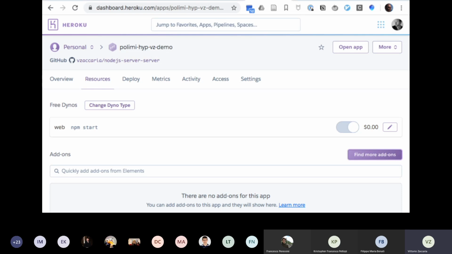AWS is an immense infrastructure. Heroku is much more focused on getting you set up and running with your public web server in as few steps as possible, avoiding setting up a public server from zero. So I think it's a good choice, and this is going to be the choice also used by